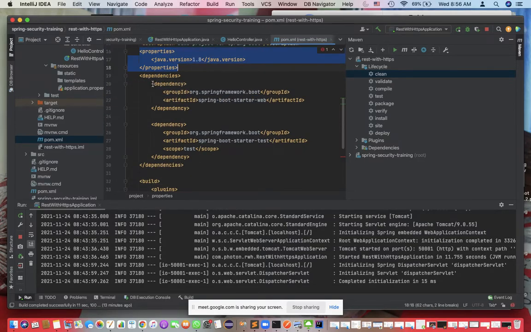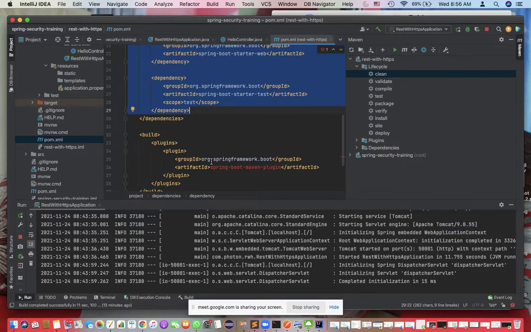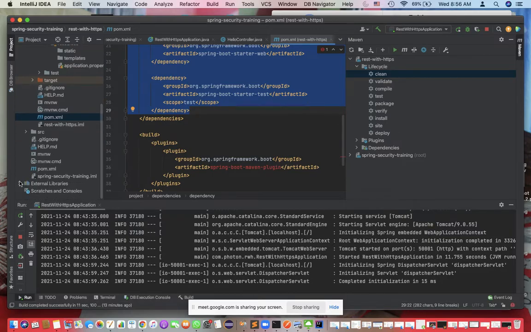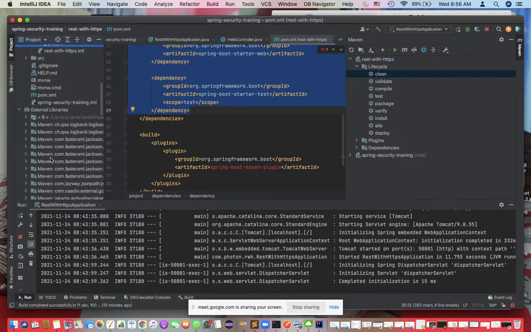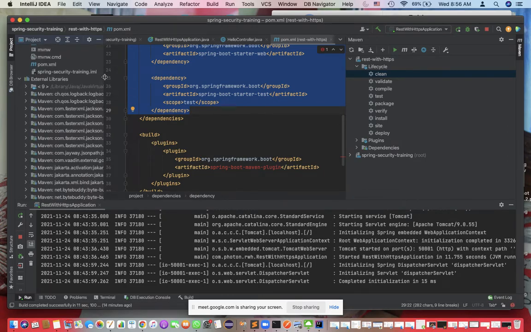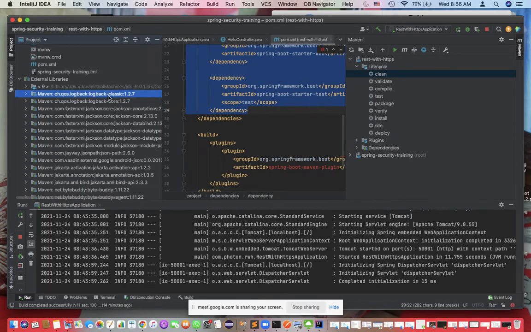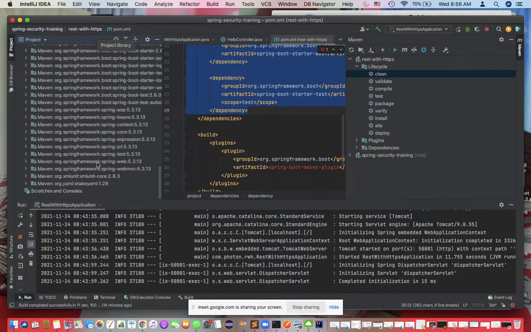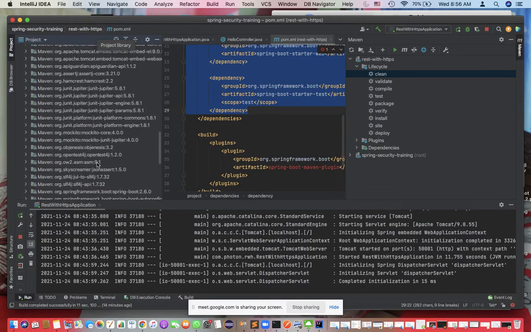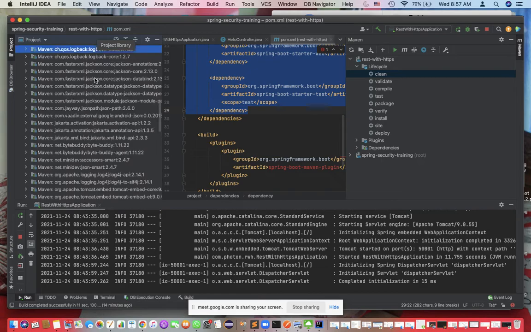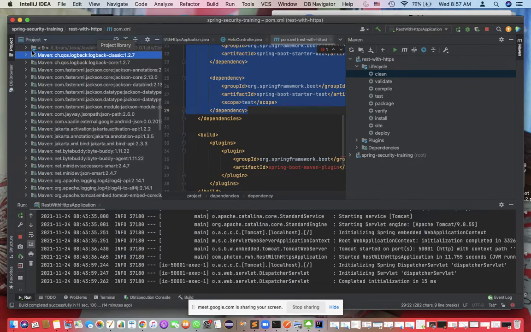After that, you need to give all the dependencies. If I add the dependencies, then that jar will be accessible and will be downloaded in my external libraries. If you can see, whenever you are initially running, these dependencies were not there, but when I build the project, these dependencies get downloaded from Maven Central. Okay,